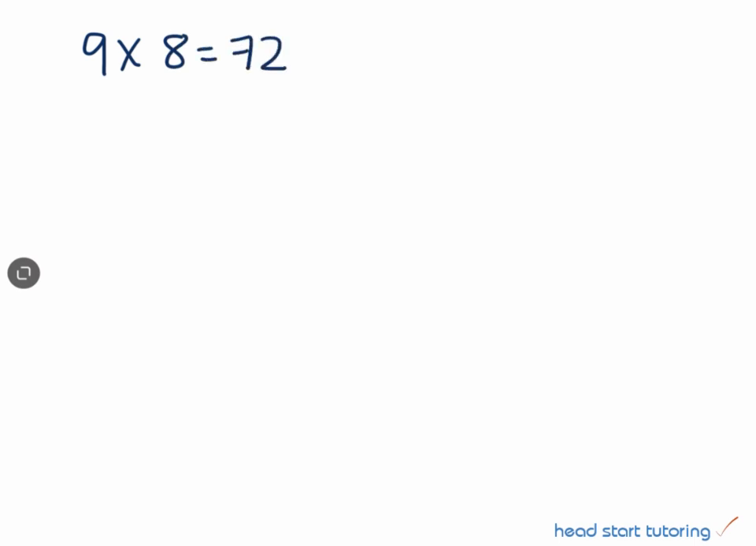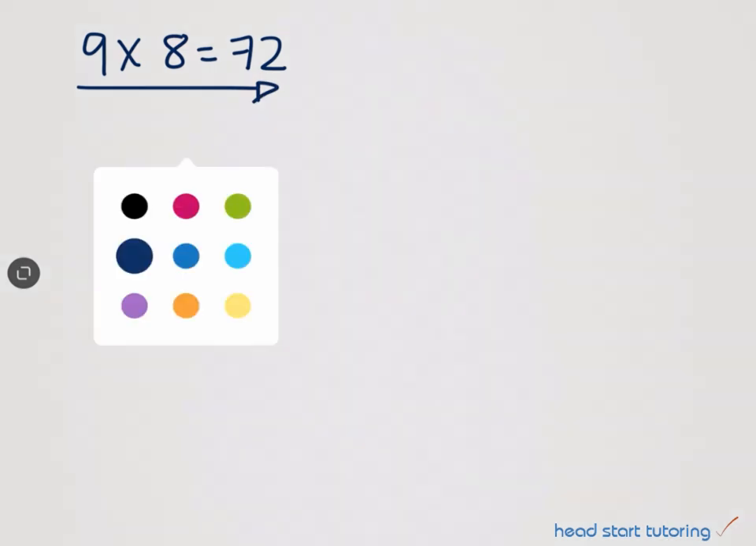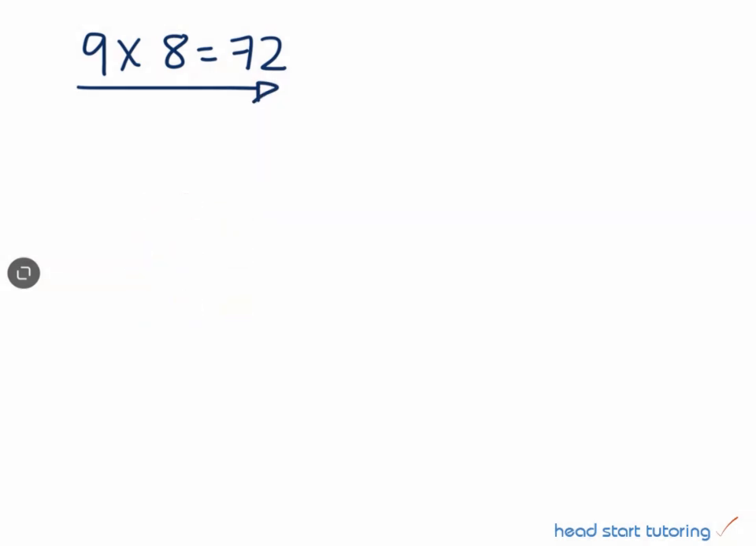We are going to be working with the multiplication of units by multiples of 10 to 10,000. So in this example, we've got 8 multiplied by 9, or 9 multiplied by 8, which gives us an answer of 72. If I now want to multiply 9 by 80, which is a multiple of 10,